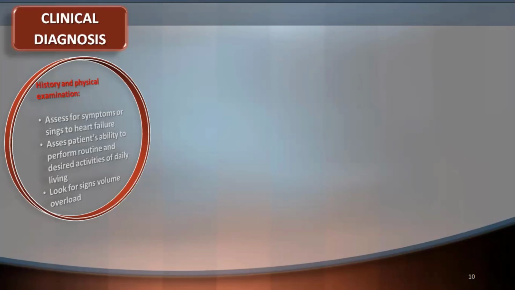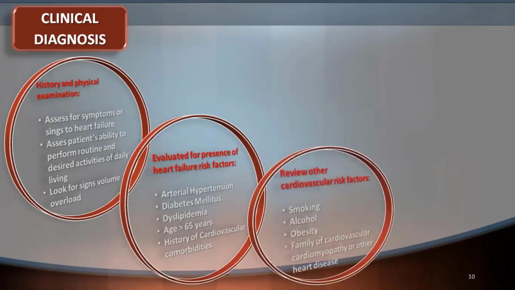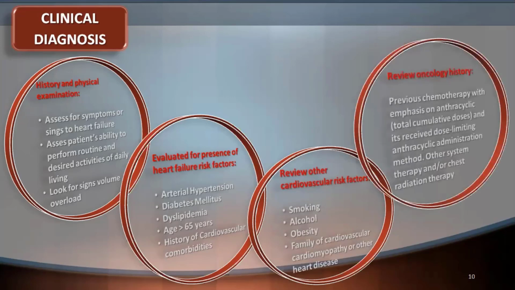Maybe the patient has the possibility to show us in this evaluation very good control of this activity, maybe not. Maybe the patient needs assistance all the time. Evaluate for the presence of heart failure risk factors, such as arterial hypertension, diabetes mellitus, dyslipidemia, age higher than 65 years, or history of cardiovascular comorbidity. Review the other risk factors because maybe the patient has smoking, alcohol, obesity, or other. Review the oncology history because we have the possibility to send the patient to cardiology